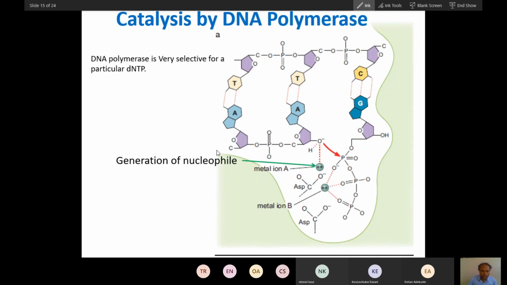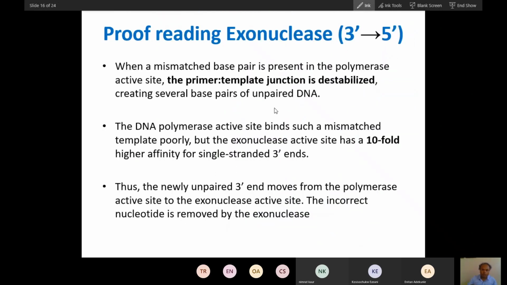Now you can see there will be a formation of nucleotides. What is a nucleophile? It will attack a positively charged center. This is delta positive, because these are negatively charged oxygen compounds, so there will be a positive charge. So this group will attack here, and this is how it will form a bond like this, an ester bond. This ion will help in formation of the bond, and this magnesium will stabilize this triphosphate here. So this is catalysis.